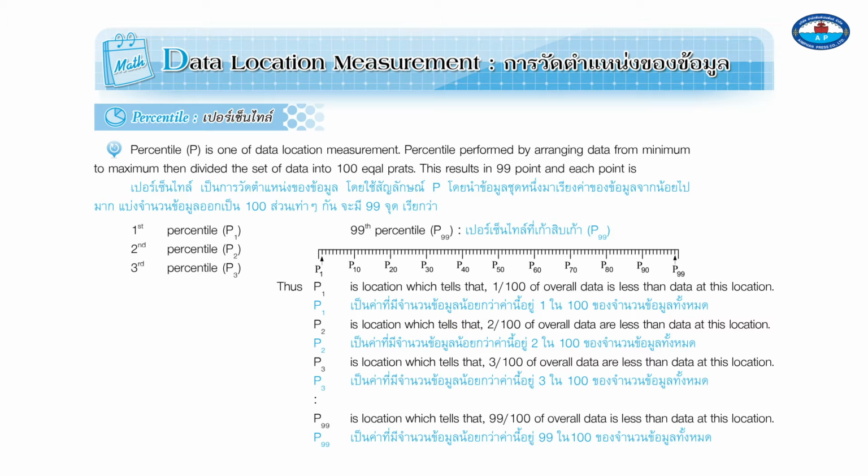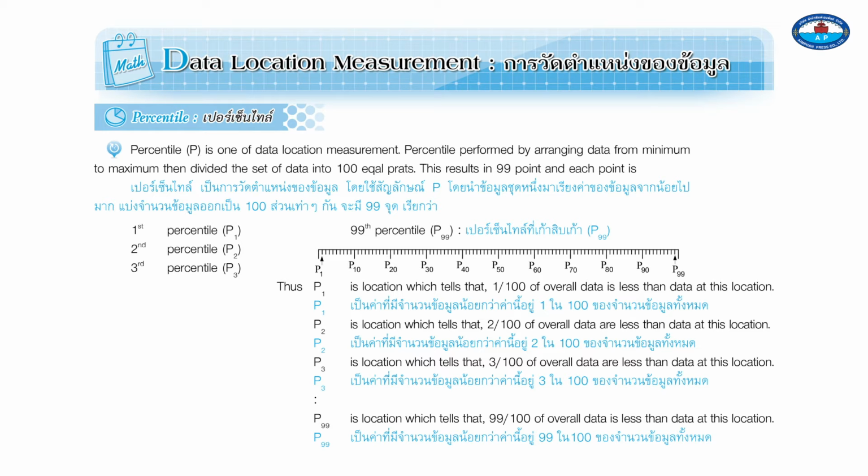Data location measurement. Percentile, P, is one of the data location measurements. Percentile is performed by arranging data from minimum to maximum, then dividing the set of data into 100 equal parts. This results in 99 points, and each point is the first percentile, P1, second percentile, P2, third percentile, P3, through the 99th percentile,